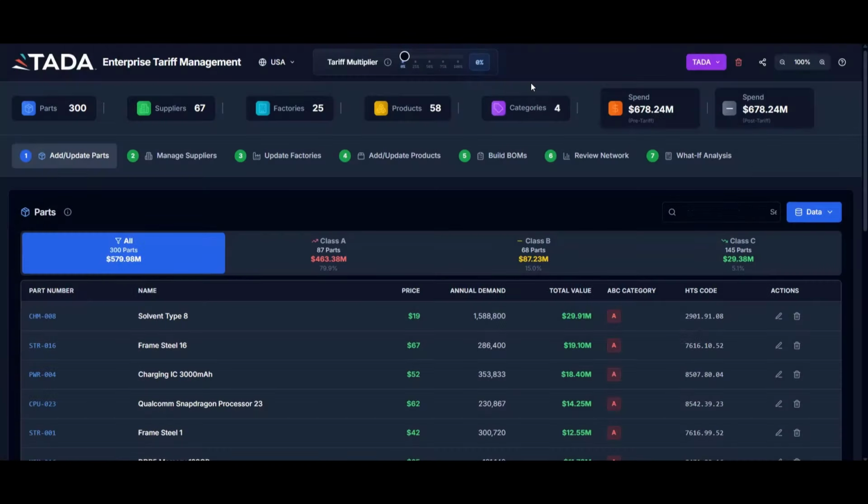Welcome to the Enterprise Tariff Management Microapp. This app helps businesses understand exactly how tariffs impact their supply chain and make smarter sourcing and manufacturing decisions. You can bring in your own product, supplier, and manufacturing data, link it all together, and see costs broken down